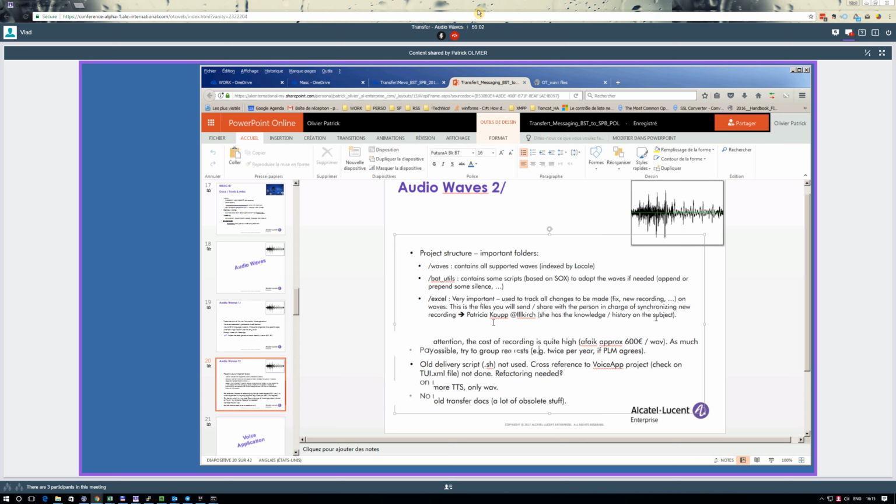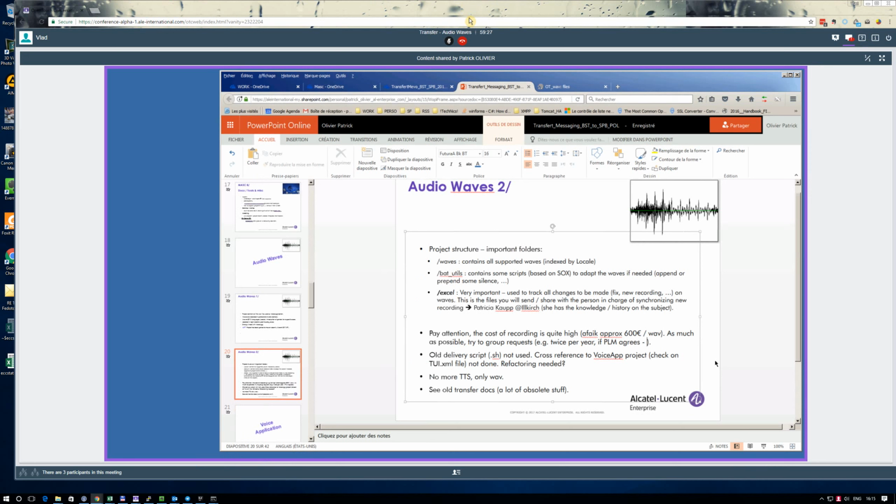Inside the project there's also some old scripts. Don't ask me what the archive waves folder is, I don't know. System script. We're talking about the batch.